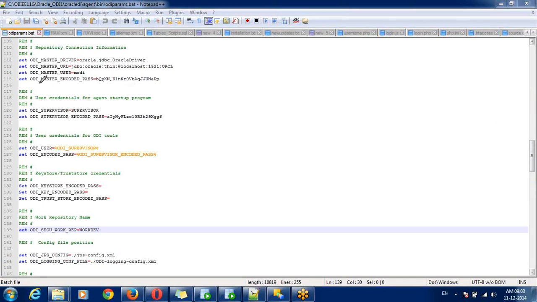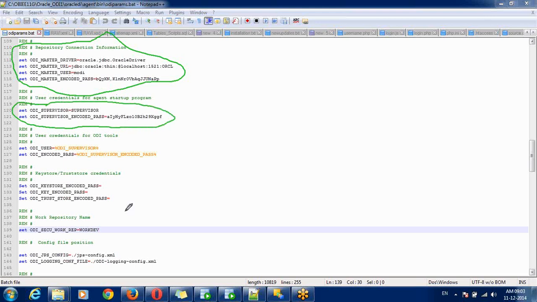You need to provide your master repository database details, where you created the master repository, then the supervisor username and password, then your work repository name.